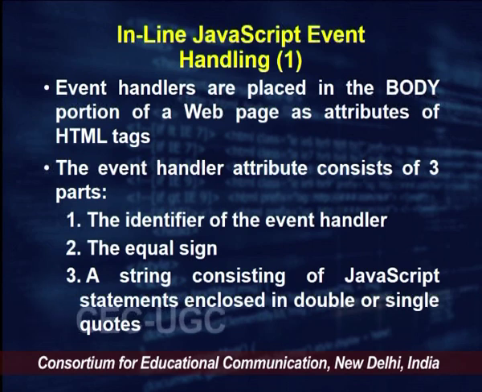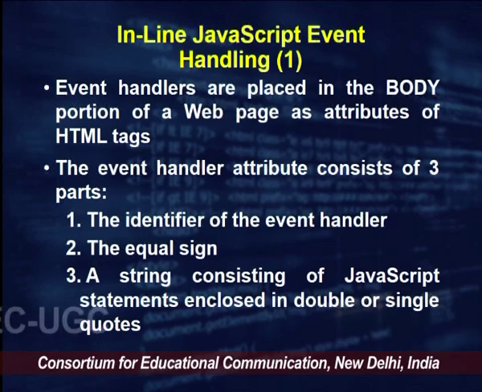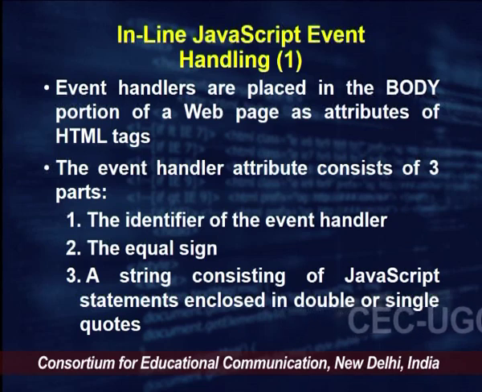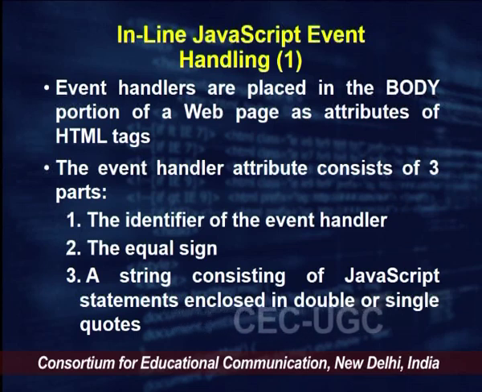The event handler attribute consists of 3 parts. Whenever you are defining an event handler, it should have 3 parts. The first part is the identifier of the event handler. What is the identifier? The text which is going to identify the event that has occurred, like on click or on mouse over. Then you have an equal to sign, and then within quotes, because it is a string,